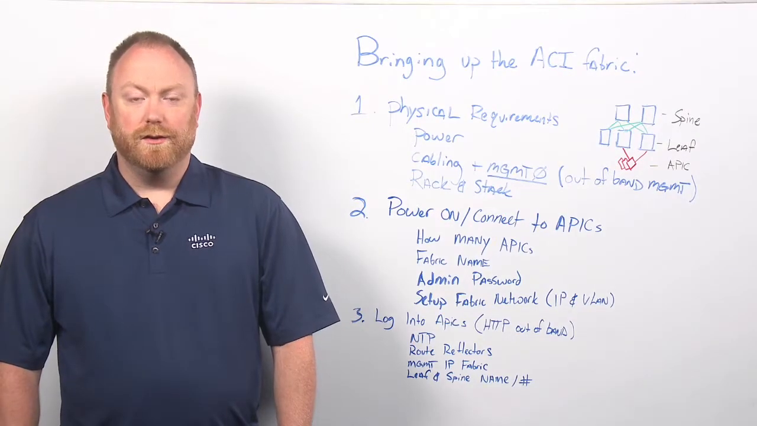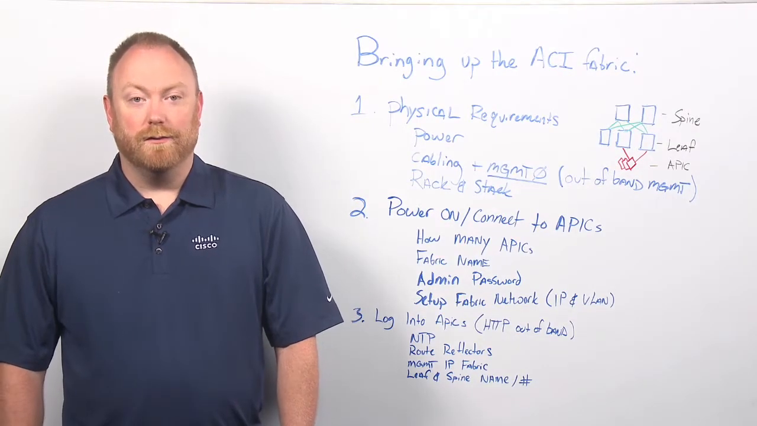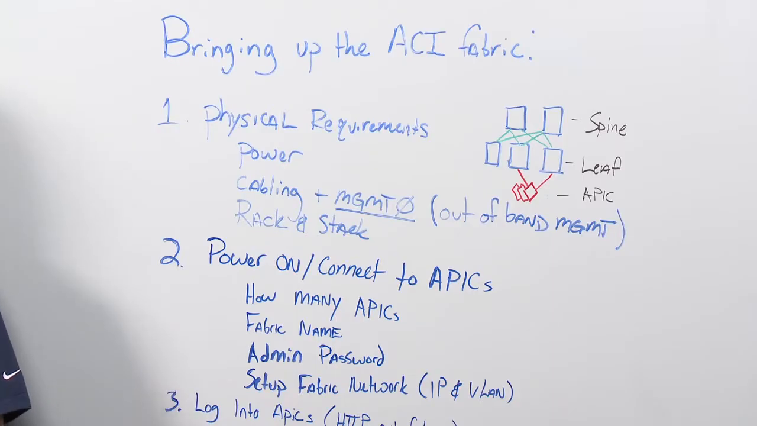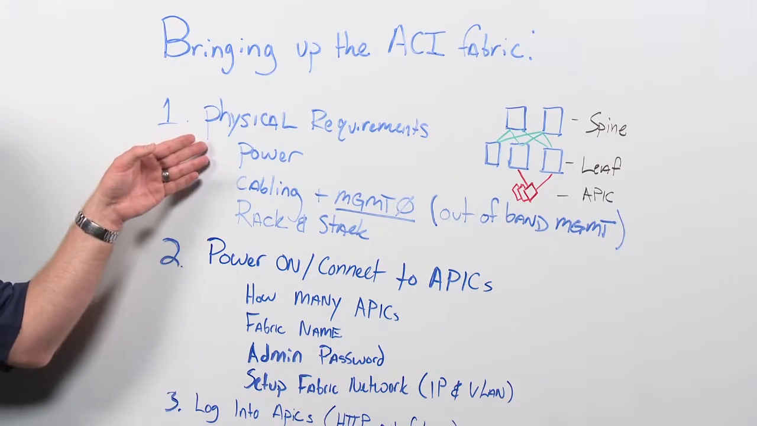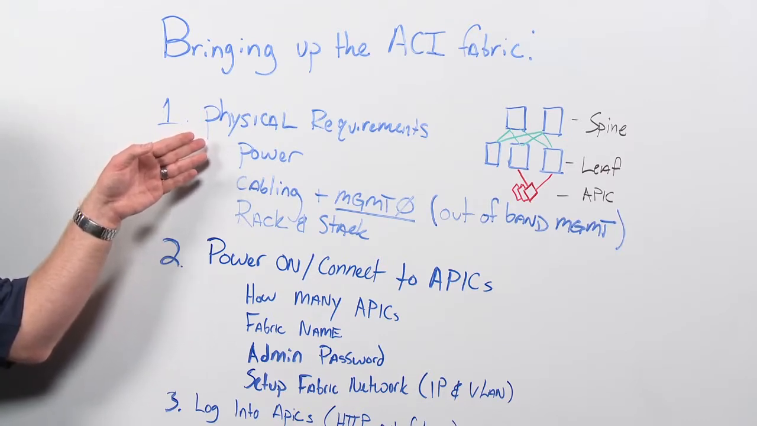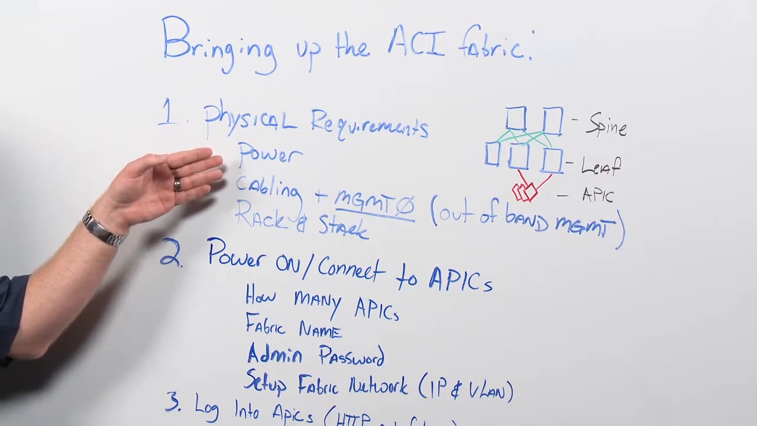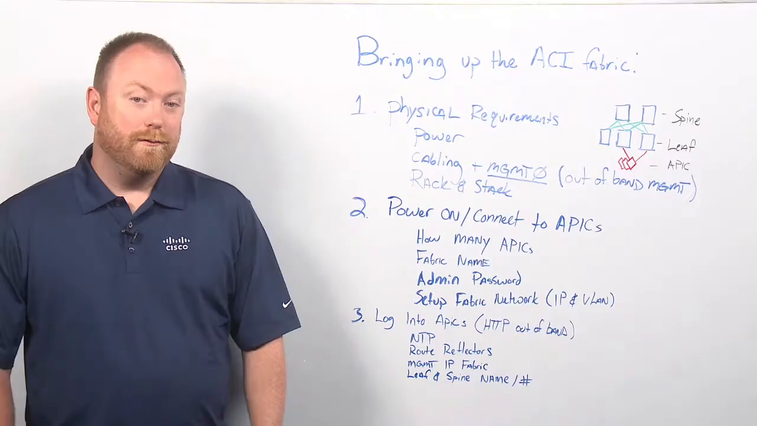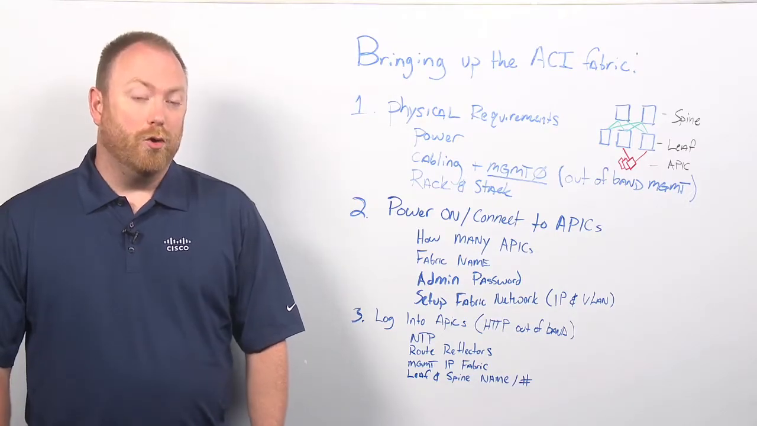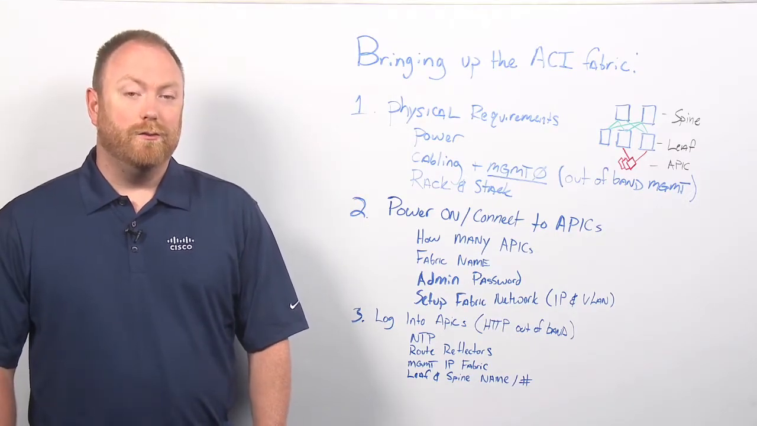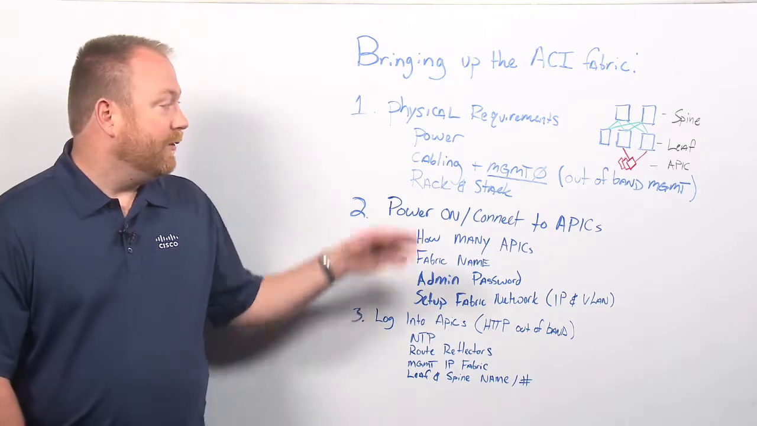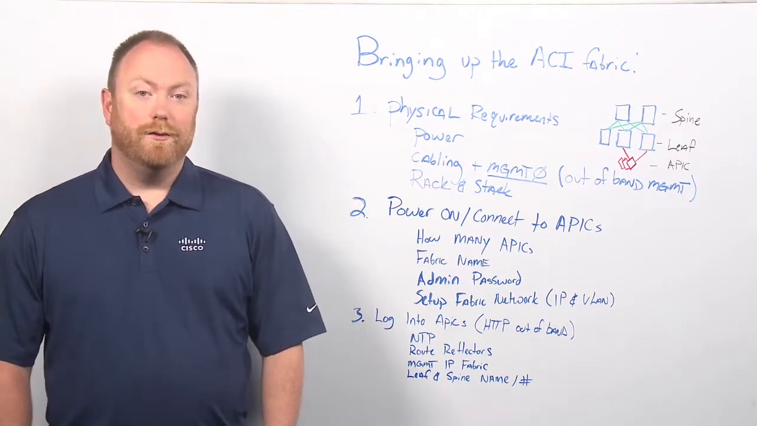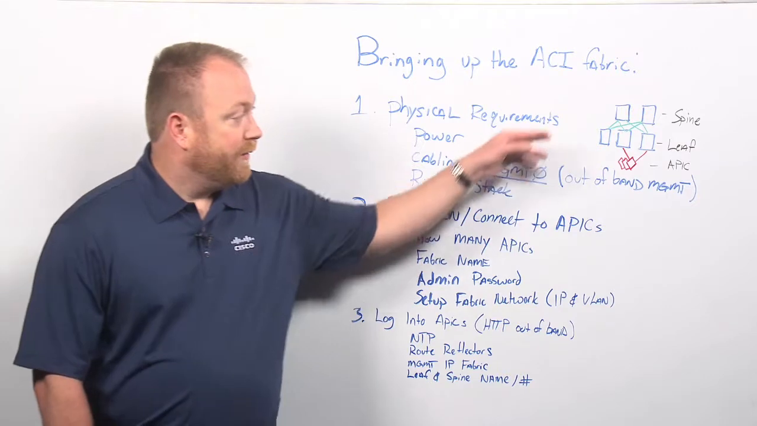There's a few things you need to consider when you're unboxing and getting ready to power up your ACI network. The first is that we need to have the proper physical requirements inside of our server room or data center, consisting of the proper power, the proper rack and stack capability inside of our data center or open space inside of our racks, as well as the proper cabling, which includes cabling for not only the connection between the spines